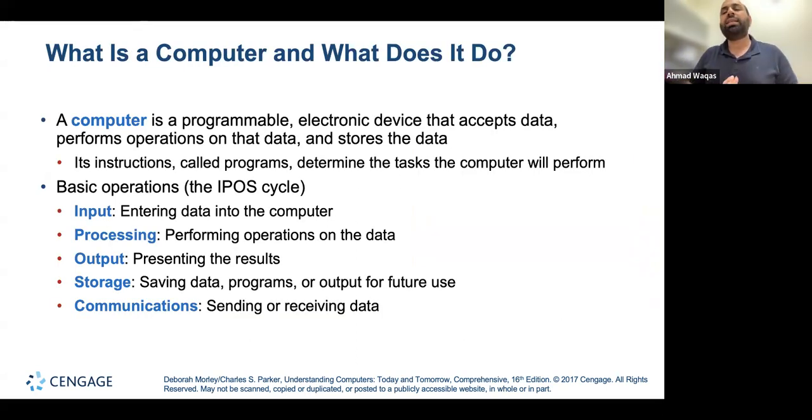So with all these uses of computers, what actually is a computer, right? A computer is a programmable electronic device that accepts data, performs operations on the data, and stores data for future use. So meaning that